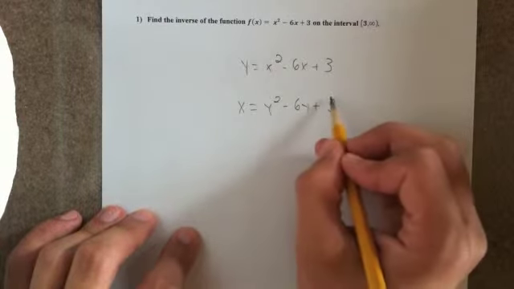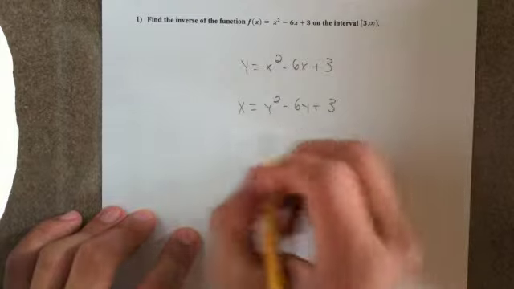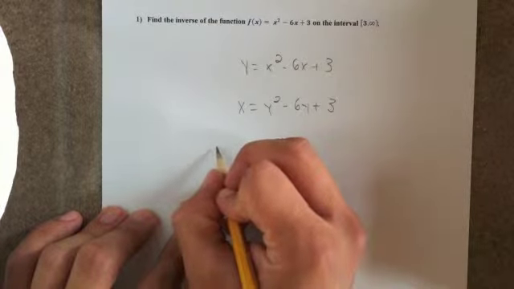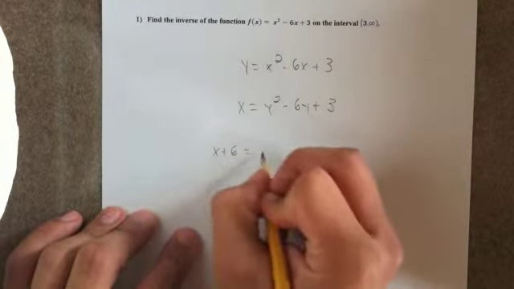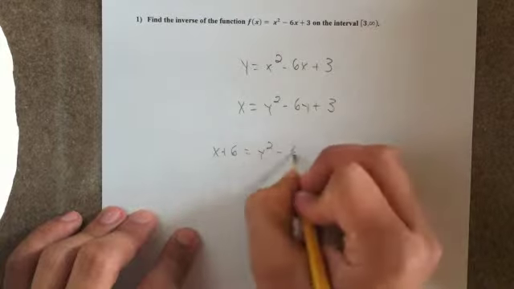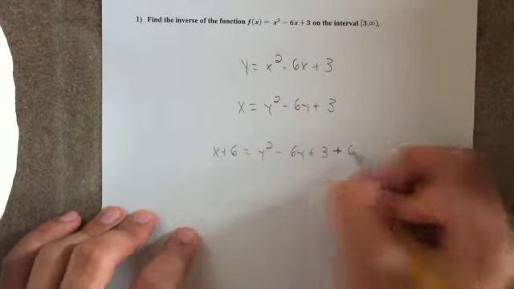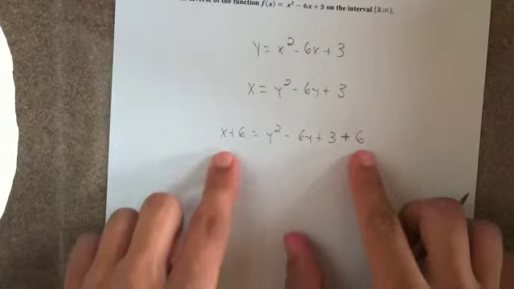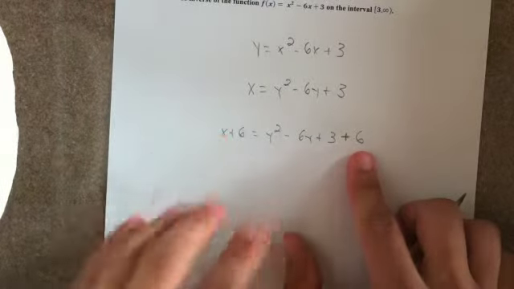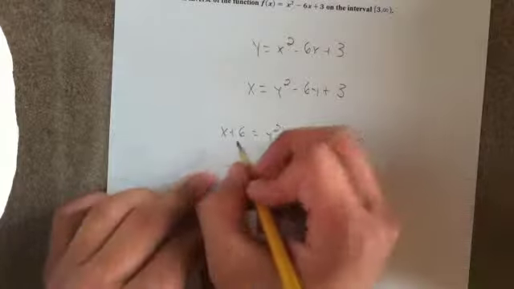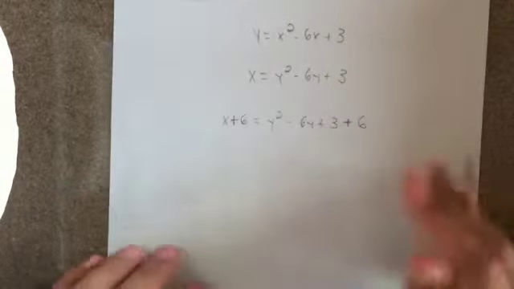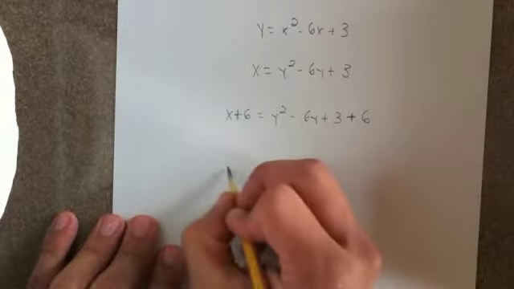So we want this number to be positive 9. So to do that, we add 6 to both sides. x plus 6 equals y squared minus 6y plus 3 plus 6. And you add the 6 to both sides to balance it out, because if you just add 6 to one side, you're changing the equation completely. If we add 6 to both sides, it still comes out to the same. So we do that,